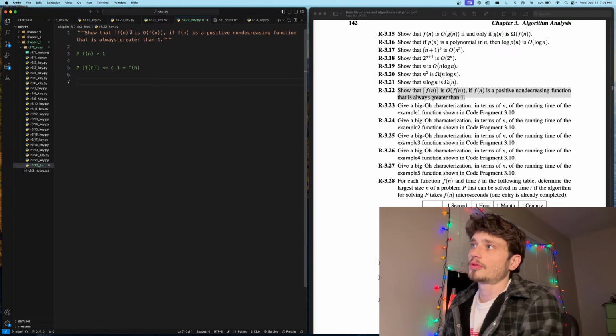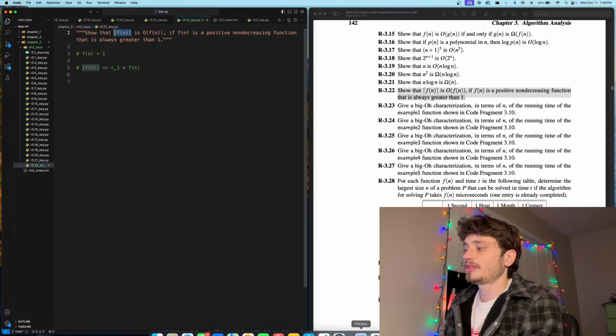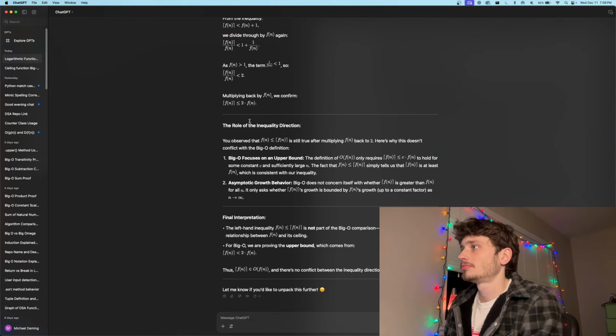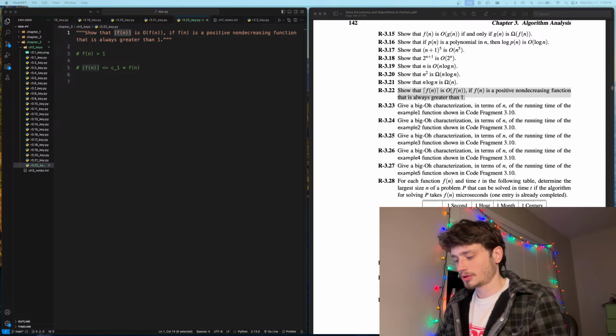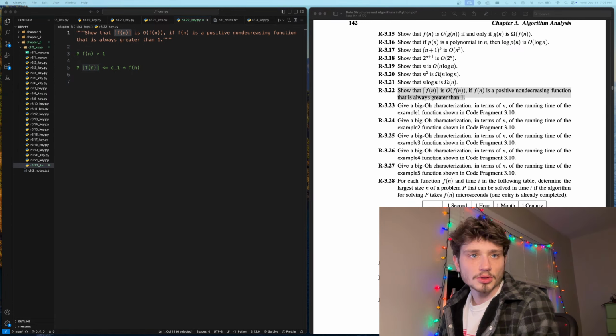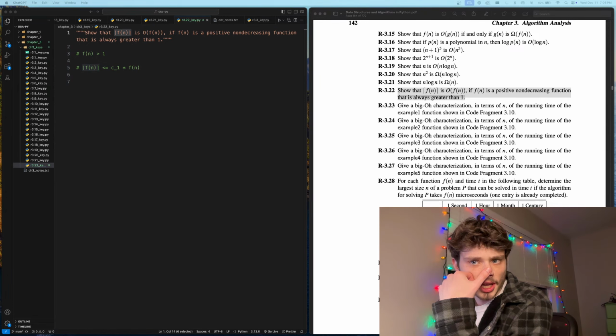So we also are given the ceiling notation, right? So the ceiling function. Okay, so we say